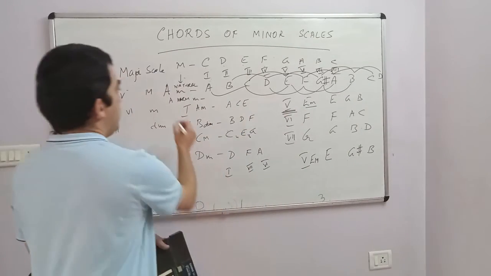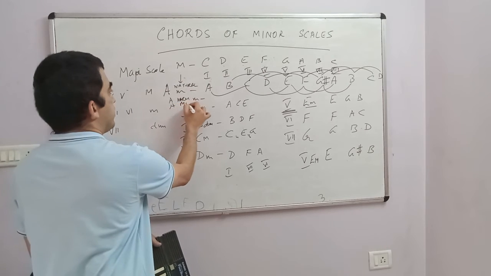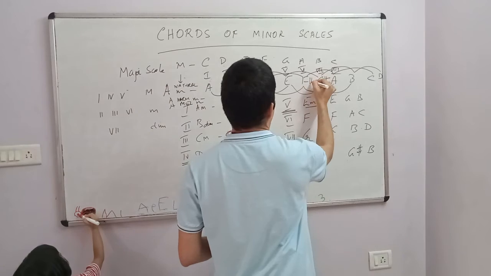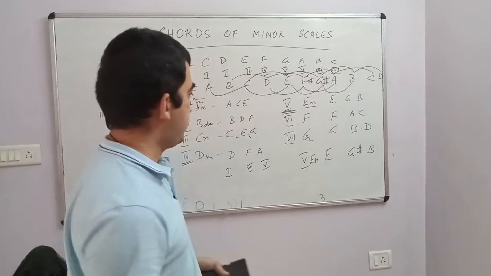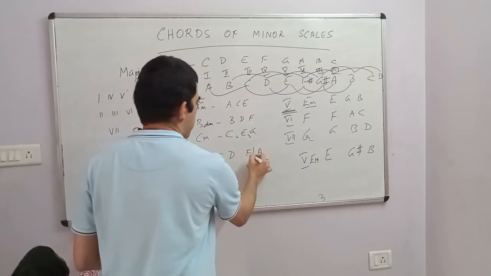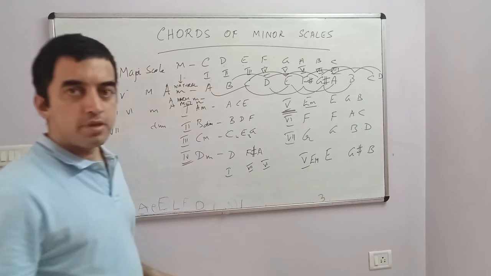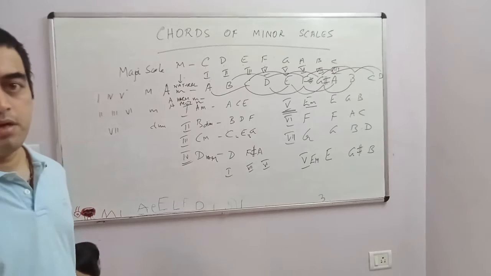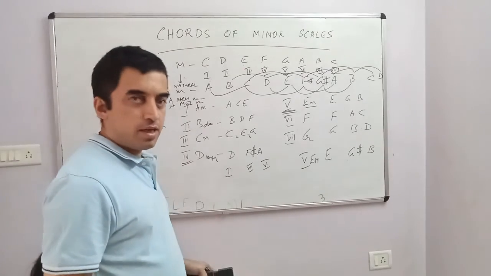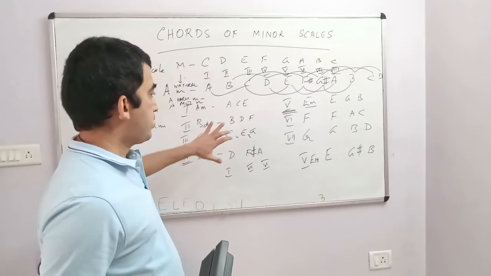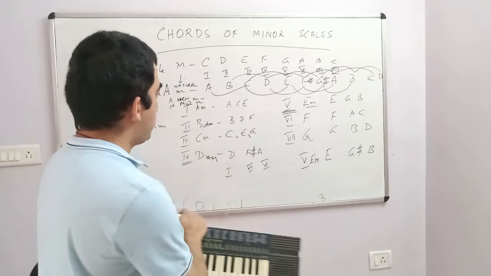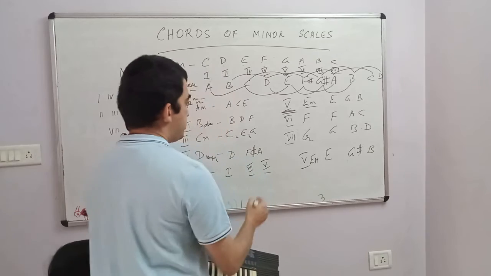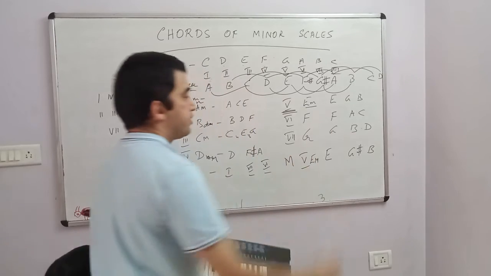Now we go to the A melodic minor. In melodic minor, what do we have? We have F sharp and G sharp as the sharp accidentals. So here instead of F, it becomes F sharp. So the D minor becomes major. I hope it is a little clear. So basically, what I am trying to tell you is the constant chords in a minor scale are the 1, 7, and 6, which are major.